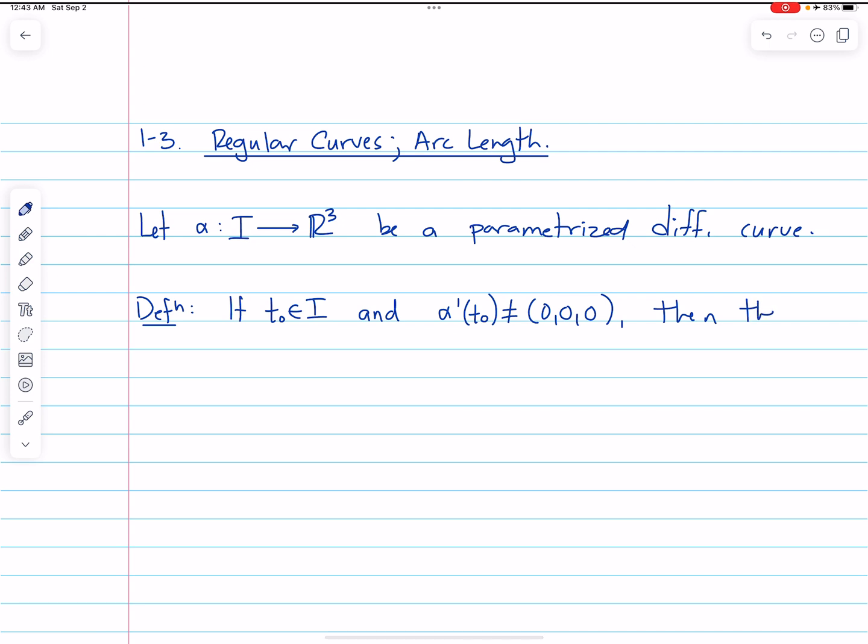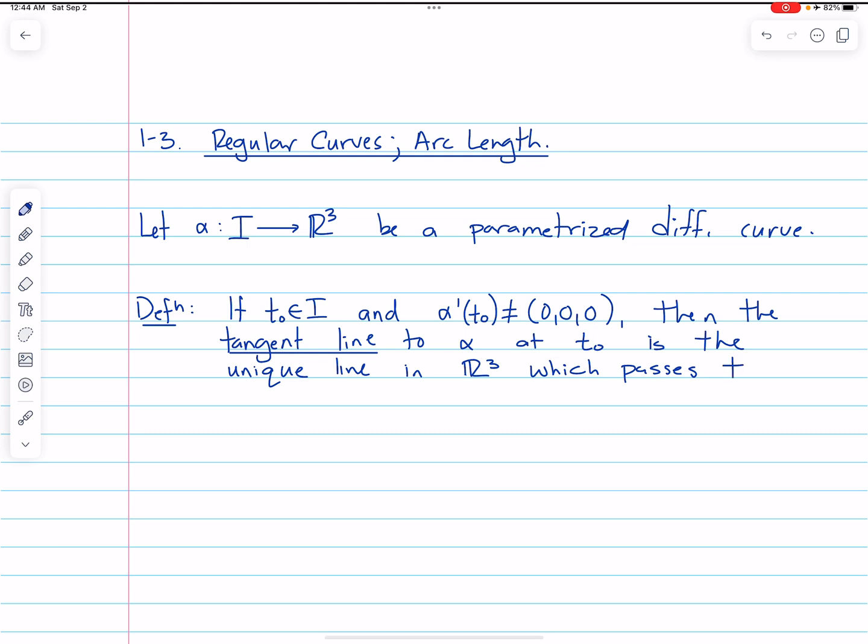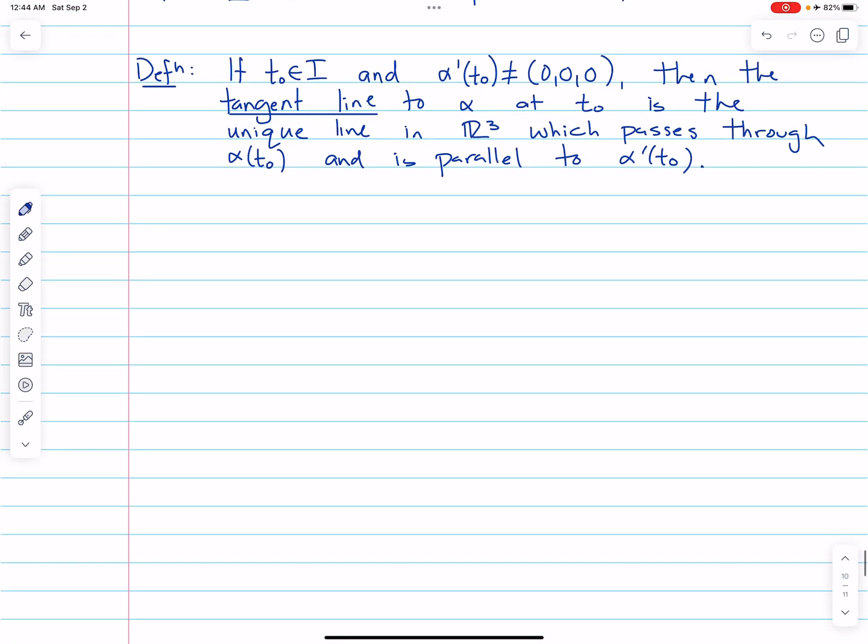Well, if that's the case, then the tangent line to alpha at the point t naught is the unique line in R3 which passes through the point alpha of t naught and is parallel to alpha prime of t naught. Okay, so if we draw a picture here,